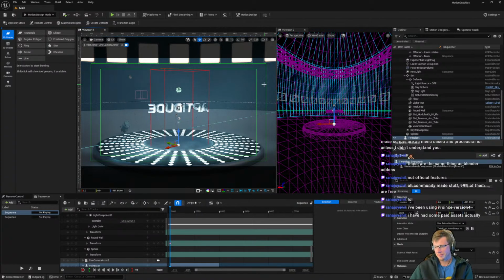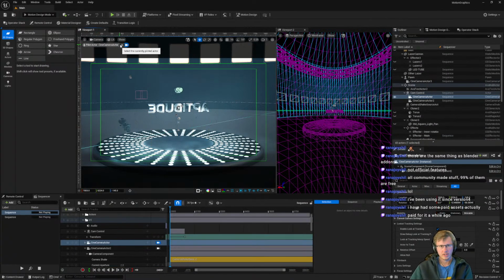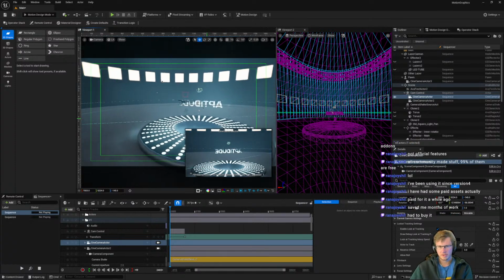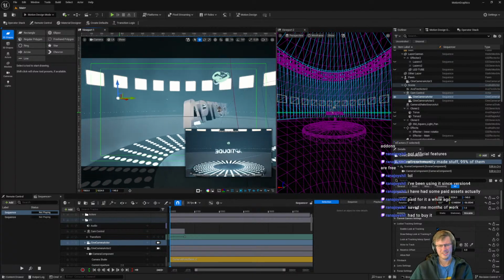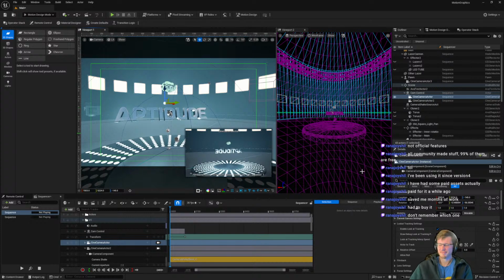I've had some paid assets actually. Really? Yeah, there's one I was looking at today. What I'm trying to set up, I'm thinking about making audio visualizers, that type of thing. And there's something like that that exists inside the store. That's exactly the thing. And I was like, I should just buy that.